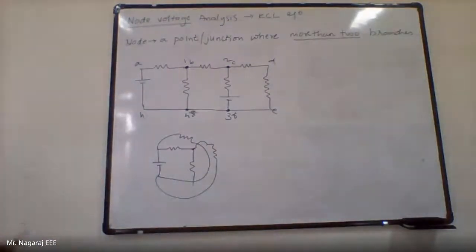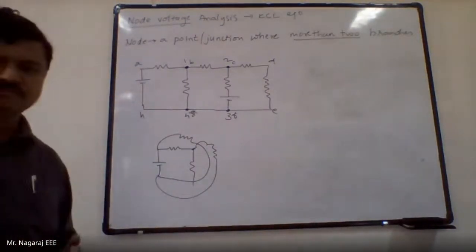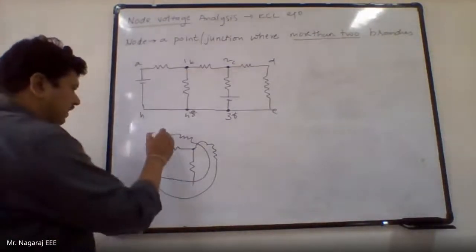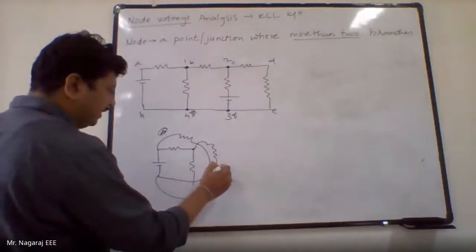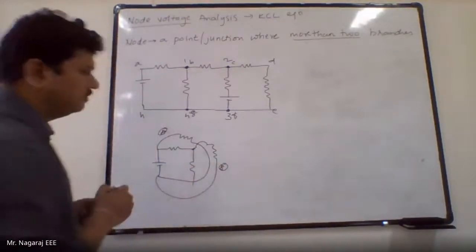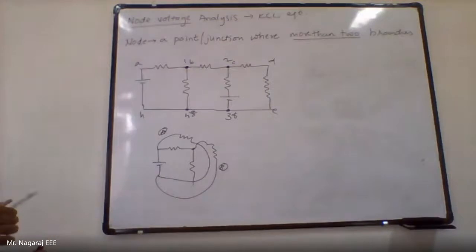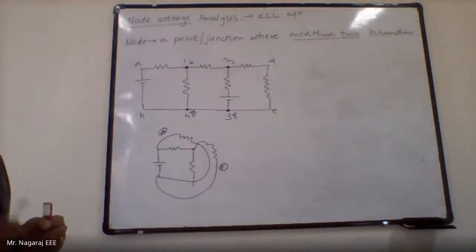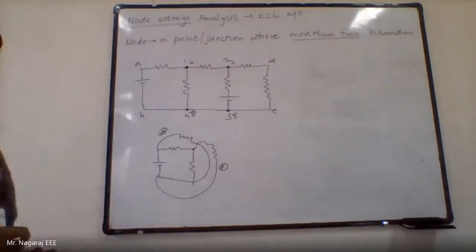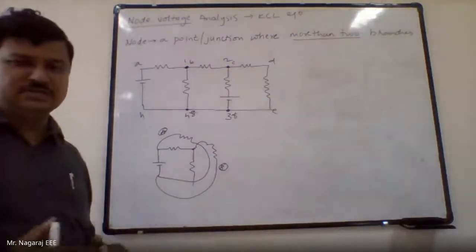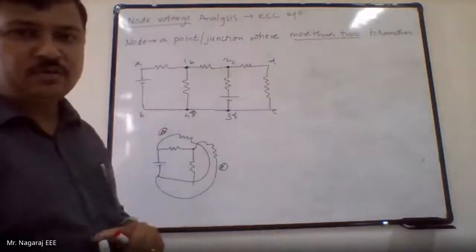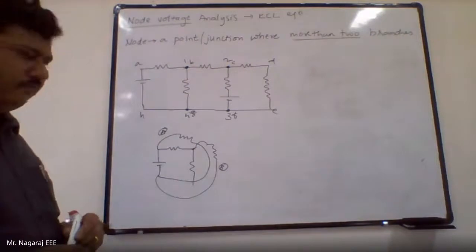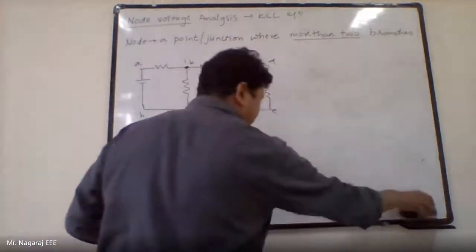So, when the branches will not cross each other, for example, I have this circuit. Applying mesh current analysis for this is very difficult, because it is a non-planar circuit. This branch A is crossing branch B, or branch B is crossing branch A. So applying mesh current analysis is a little bit difficult, but very conveniently I can apply node voltage analysis. So the biggest advantage of node voltage analysis is that it can be applied to planar as well as non-planar circuits.